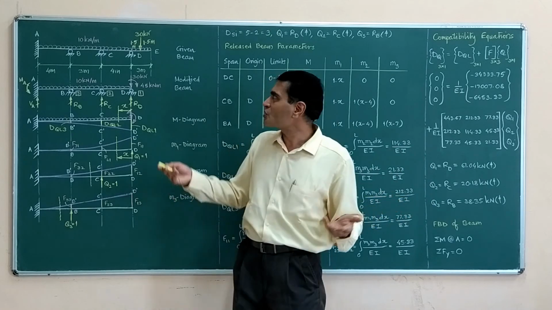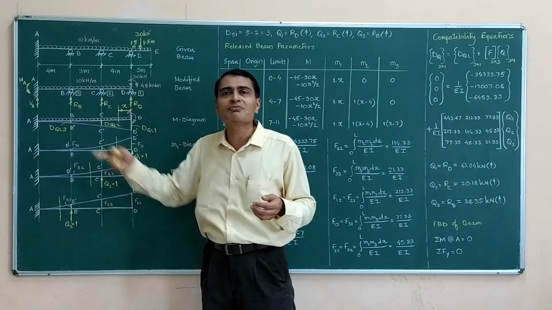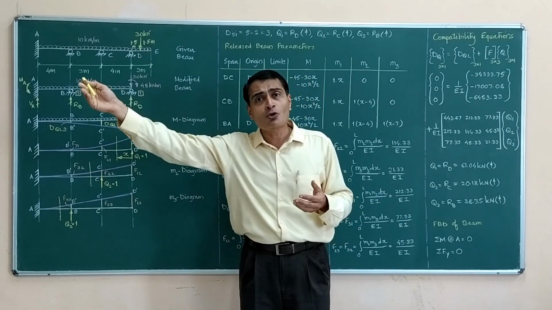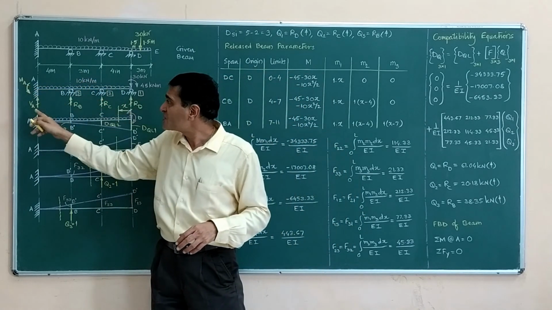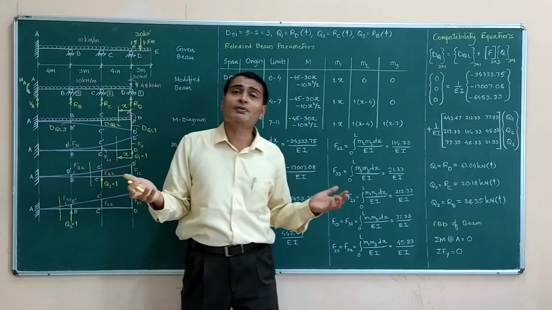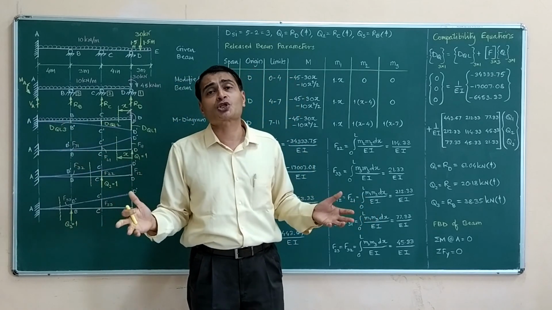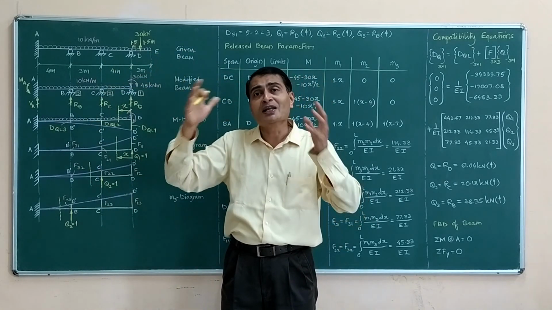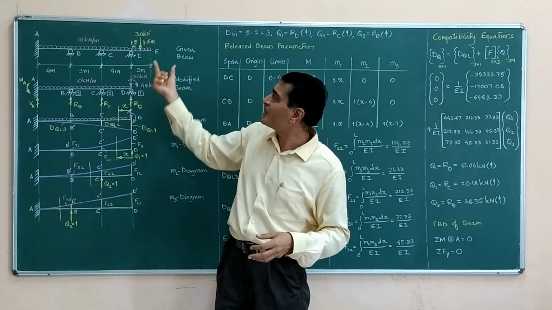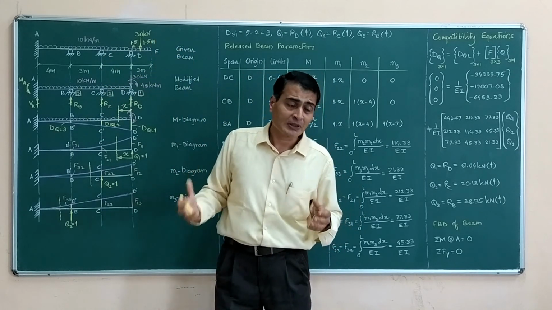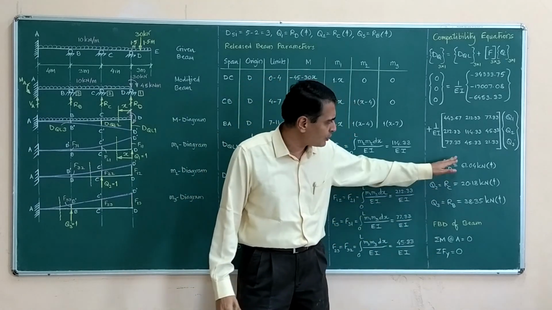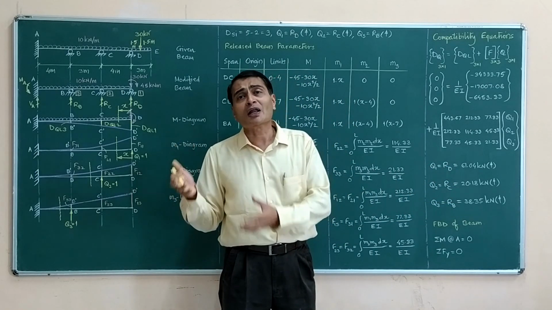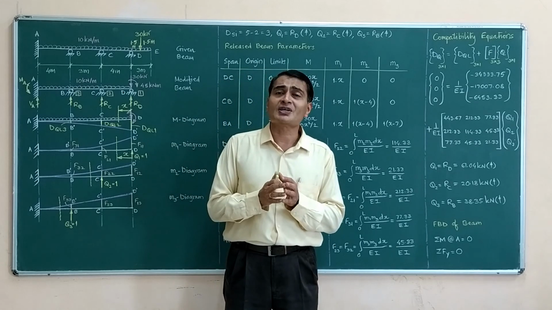Once you get these three answers, how will you find MA and VA? Obviously you will consider the FBD of the beam and go for sigma M about A equal to 0, that will give you MA, and sigma Fy equal to 0 will give you VA. So we have completed the solving of this indeterminate beam which had degree of static indeterminacy 3 as well as an overhanging portion. That is what I have written in the last step: after you find these three, you simply consider the FBD of the beam, apply equilibrium equations, get the remaining two unknowns, so that your numerical is as good as over.